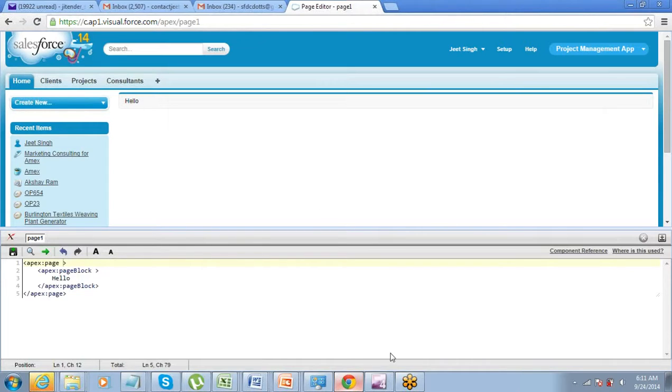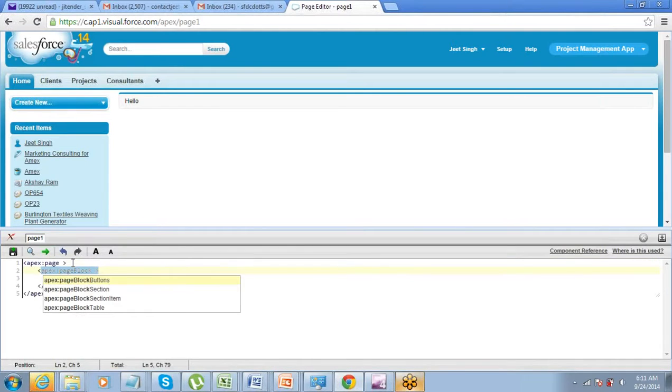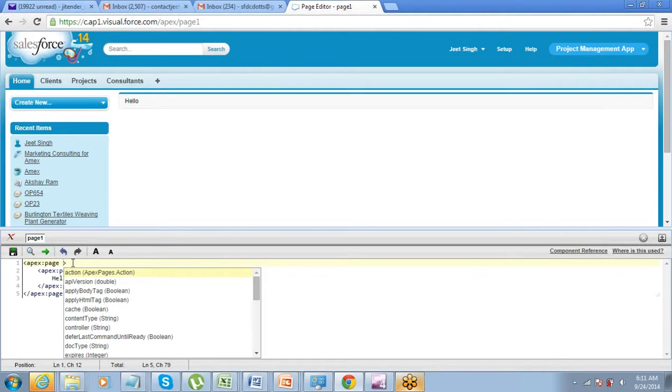There's one more small thing before we get into the next step. We now know what components are, right? This is a component. This is another component. Each component in a Visualforce page has certain attributes. Just remember these two terminologies: components and attributes. Every component has certain attributes. For example, this page component has this long list of attributes.